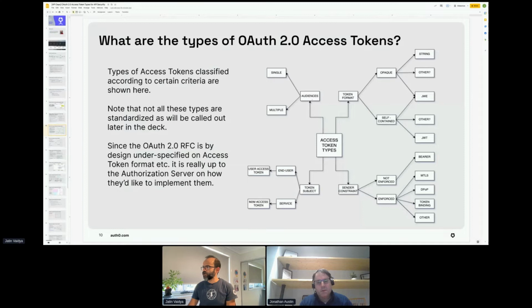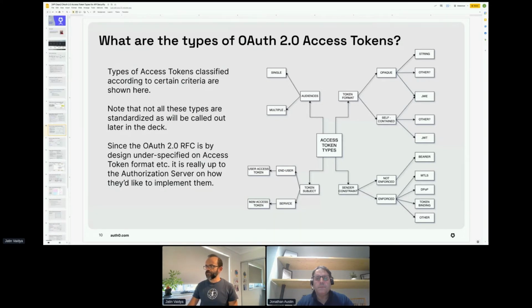On the top left corner of my diagram, you can see one type of access token I've classified based on the number of audiences. Audience here just means the number of APIs that can be used by that particular access token. It could have either a single audience or multiple audiences.